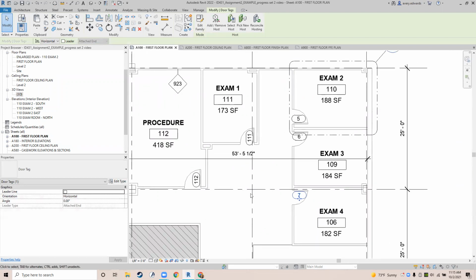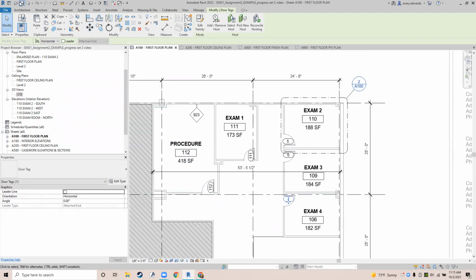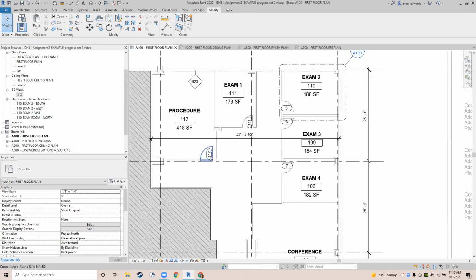Okay, you're going to do that for all your doors. You're going to scoot your door tag best you can. Go ahead and save. Okay, we are going to copy these door tags into our other plans, just like you can copy your room